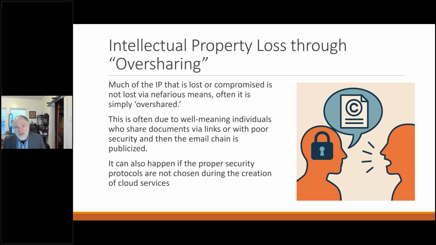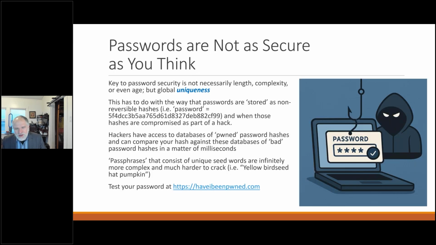So it's somebody sending an email where somewhere in the email thread there's a link to a file, and that email gets sent to the wrong person, and that wrong person then gets access to that file and can actually access your sensitive IP. So those kind of things, that's where you really start to need solutions that will address those types of oversharing situations.